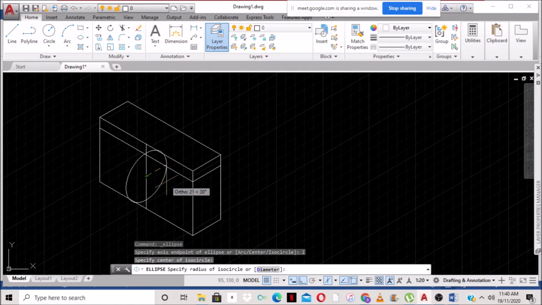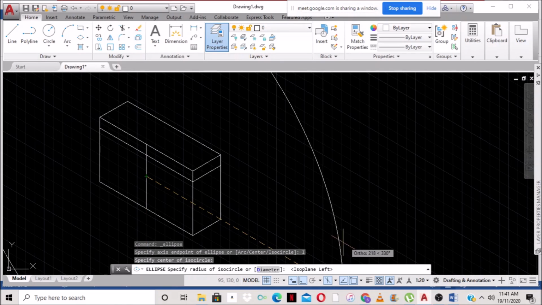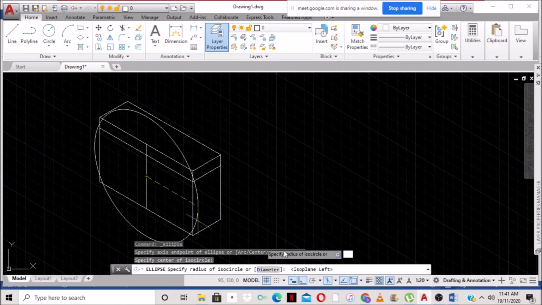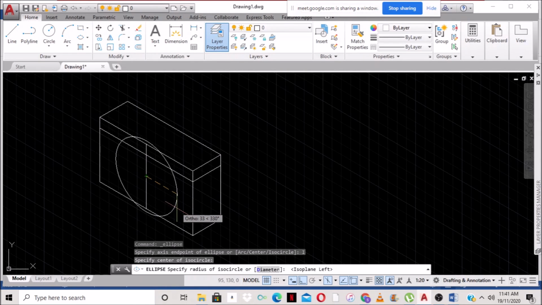So what do we need to do now? What do we need to do here? Isoplane. So we are going to change the isoplane. Good. So we're going to come here and we are iso right, so we're going to go iso left, right? And it is saying that the diameter of the circle is 50, so therefore the radius is what? 25. So we're going to type 25, enter,